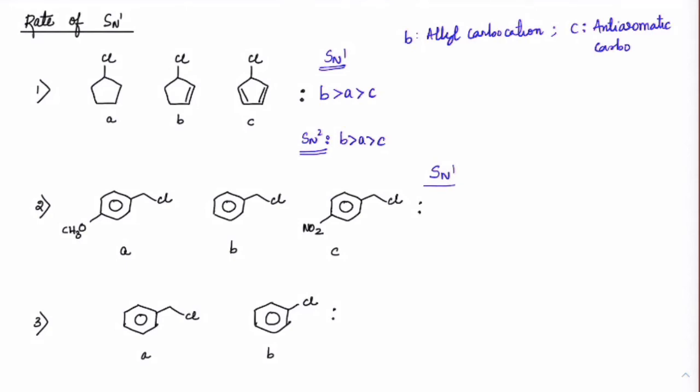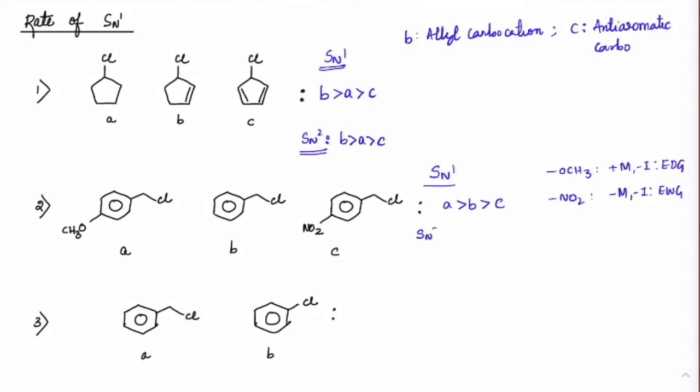Right. So if you check out SN1 between A, B, C, we have to stabilize a carbocation. These are all benzylic carbocations. You can see the benzylic group here. All of them are benzylic except OCH3 is a strongly donating group and NO2 is a strongly withdrawing group. So therefore I can say A is better than B is better than C. This would be the rate. OCH3 always gives plus M and minus I, but overall it is an electron donating group. NO2 always gives minus M minus I, overall an electron withdrawing group.